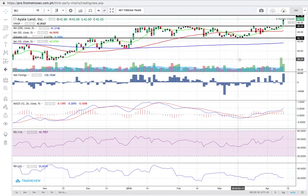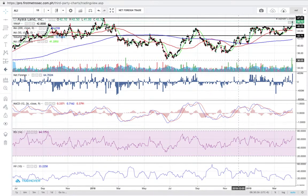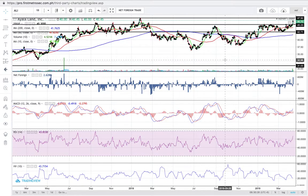ALI closed on Thursday at 46.70. Support is at 45.2. Resistance is at 47.5. Do take note that 47.5 is a relatively old historical resistance, predicated on the historical resistance registered last January